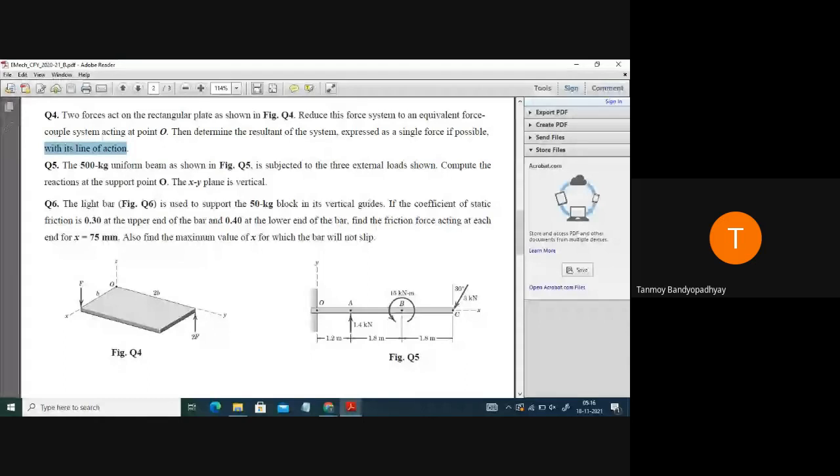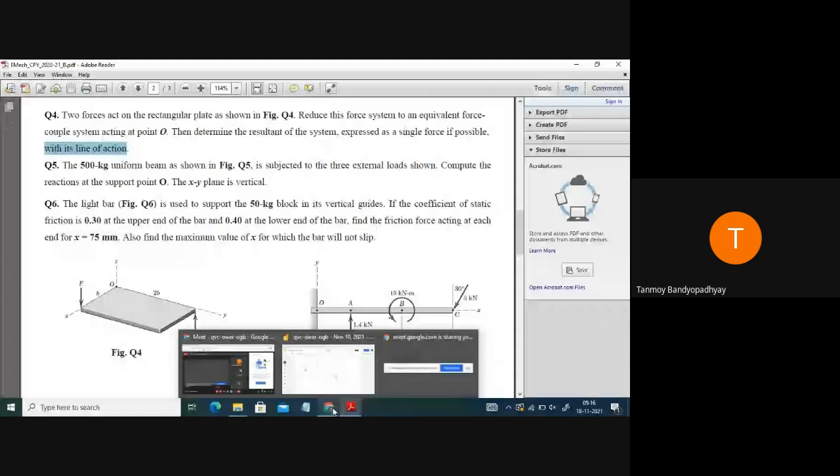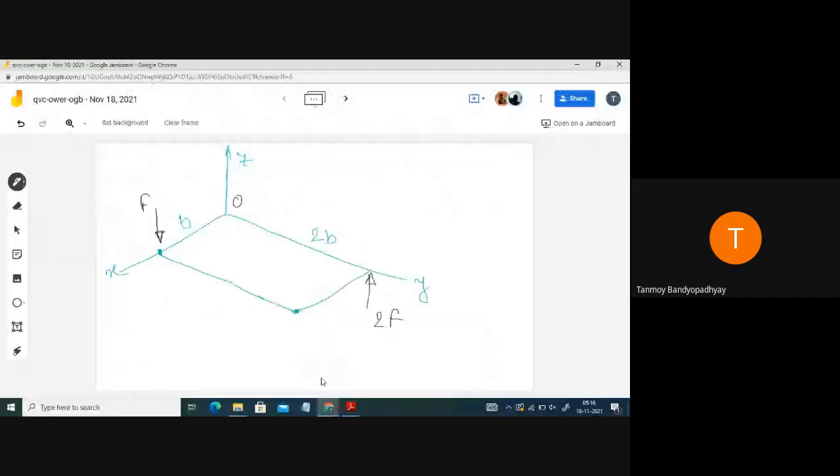I will upload the question papers today, the question papers of the last years and all, and certain suggestive question papers. But bear in mind, try to do all the problems of Meriam and Kraige because that is essential actually. So for civil, mechanical, all the core branches, I always suggest to try to do as many problems as you can from Meriam and Kraige. That will always be helpful, not only from the standpoint of semesters but also from the standpoint of engineering mechanics.